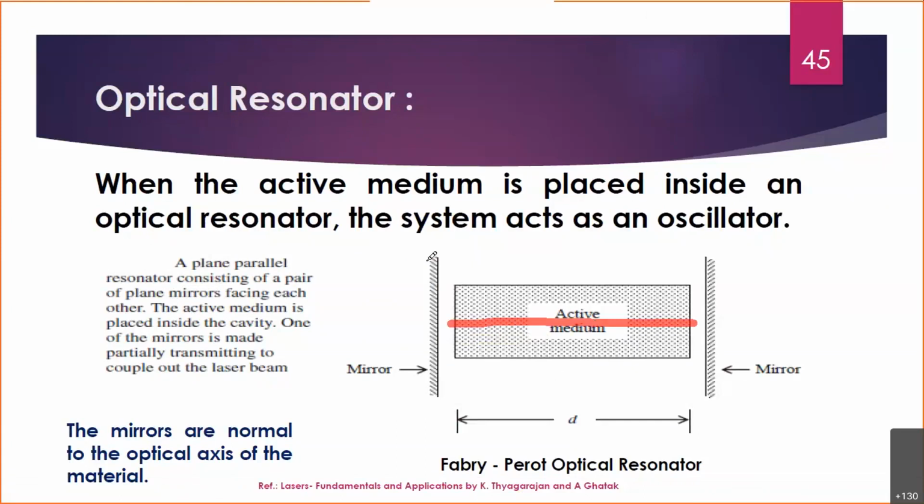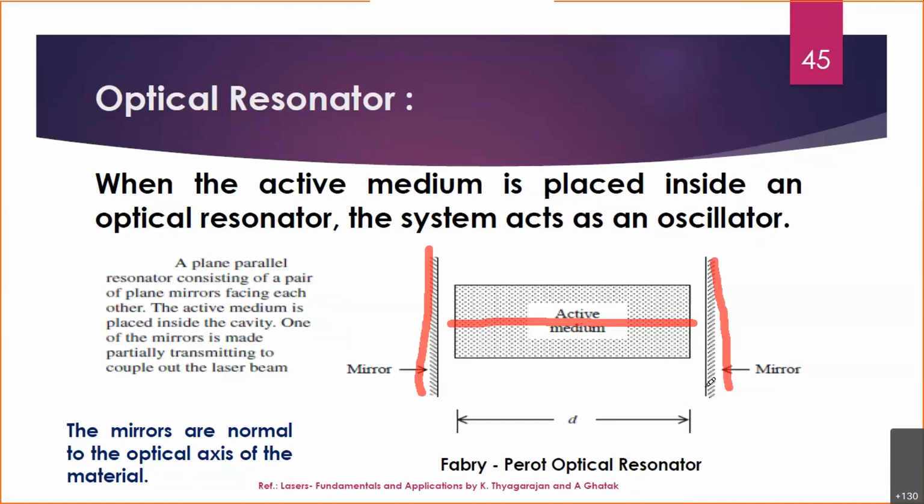Then you see these mirrors which we keep perpendicular to this. Don't go by the line, because it may curve a little bit, but the purpose is very clear. This line as well as the optical axis of the active medium has to be perpendicular to each other. That's the main thing you have to keep in mind. The moment you make some angle, you tilt it, you may see different properties of laser light. All that we are going to discuss later on.